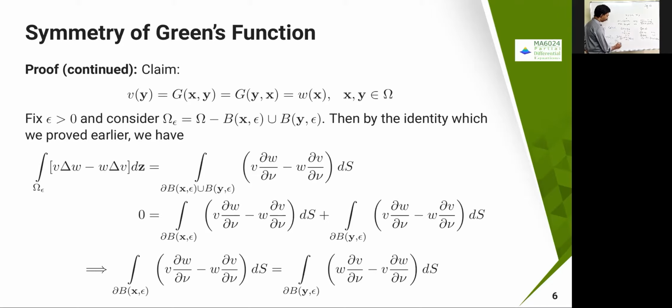Okay, same term, v into ∂w/∂u minus w into ∂v/∂u dr plus y, plus the union is that, therefore plus b of y comma epsilon into the same thing, v into ∂w/∂u minus w into ∂v/∂u into dr plus y. Okay, so now we have to apply for this one.